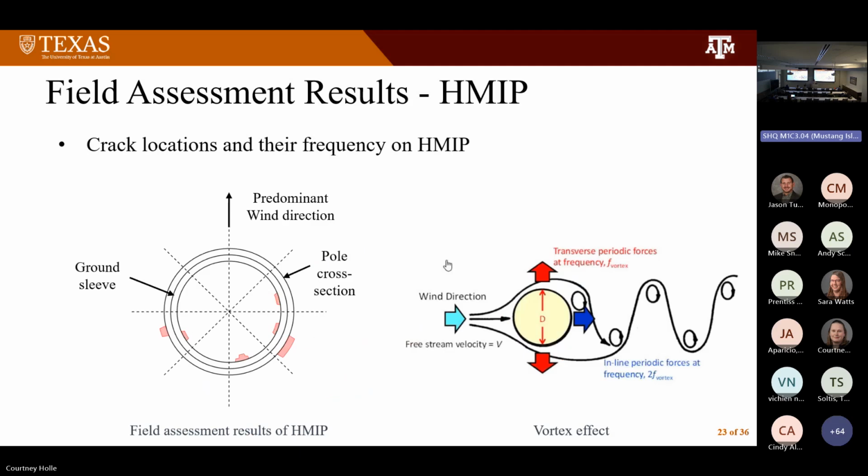When we look at the high mast illumination pole, there isn't some gravity cantilever arm, but what you usually have in a lot of these poles, and we actually found this in some of our past studies, is that a lot of times, depending on the pole location, there is a predominant wind direction that dominates throughout the year. 20 years ago, we thought some of the propensity of the cracks to grow was caused by maybe buffeting during a windstorm.